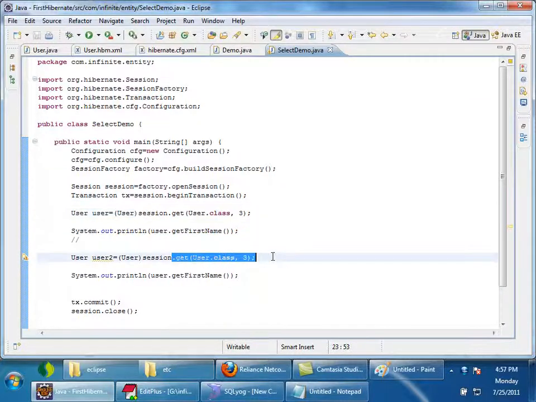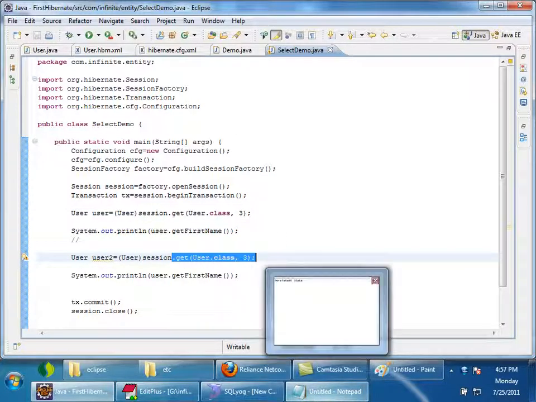Whenever I say session.get again, before firing the query, Hibernate will check whether there is a user object with primary key 3 inside the first level cache. If yes, it will not go to the database, it will always pick it from the cache. So by the use of first level cache, we have avoided a second query, right? So it will definitely increase performance. This is the importance of first level cache.